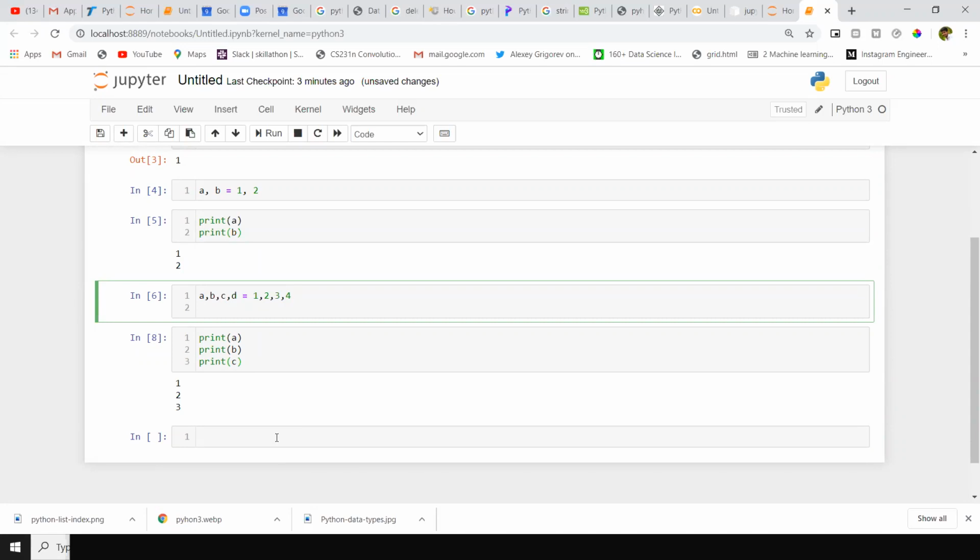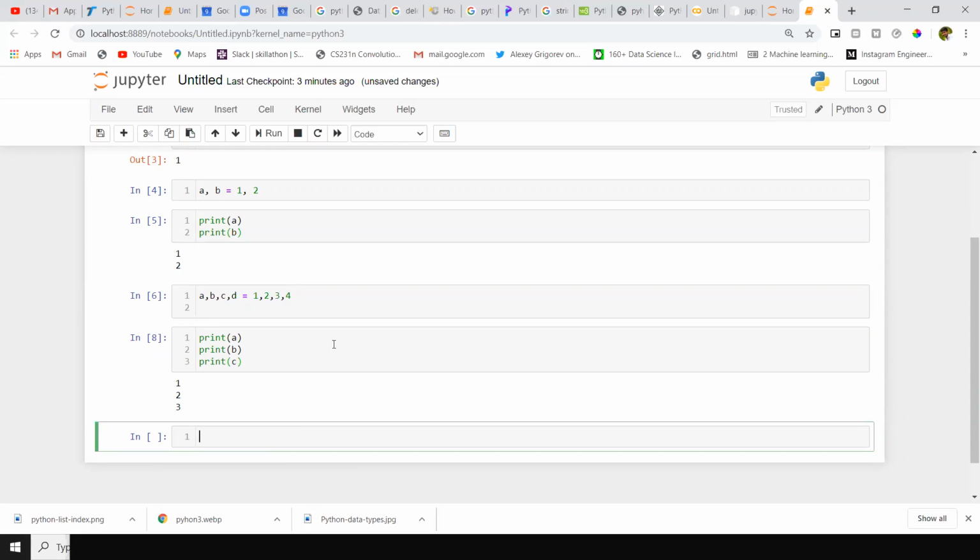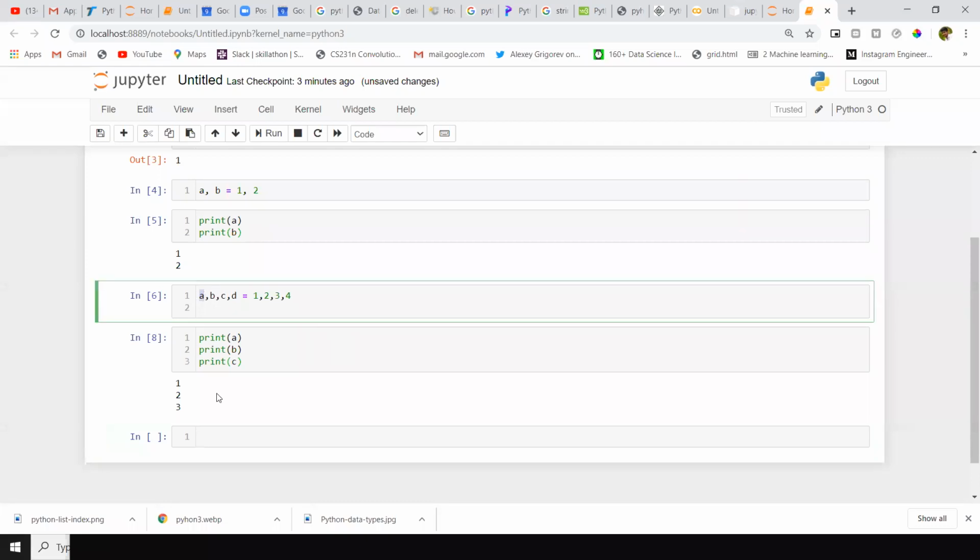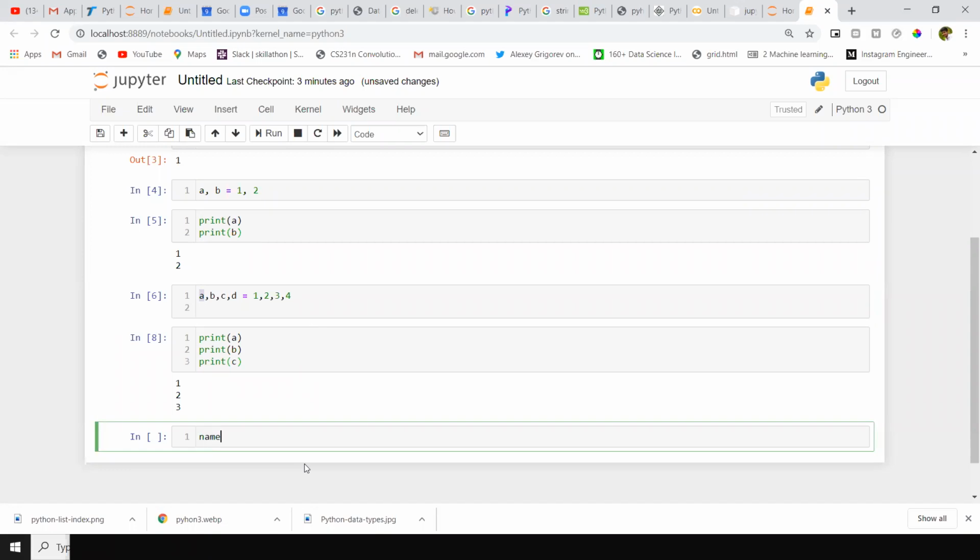While declaring variables, we have some guidelines according to the Python language. They kept some predefined conditions before declaring a variable. For suppose you are giving name equal to some name.